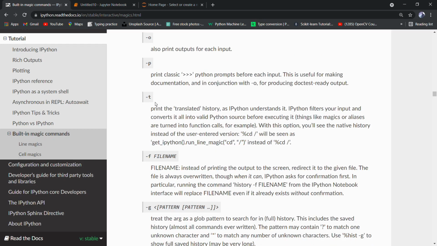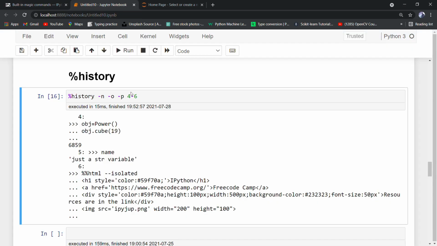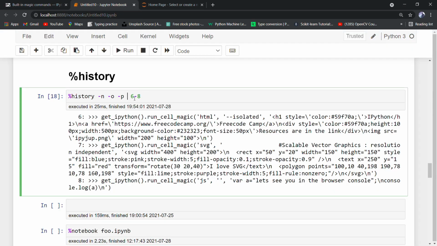And then comes the -t, print the translated history as IPython understands it. IPython filters your input and converts it all into valid Python source before executing it. Things like magics or aliases are turned into function calls, for example. So let's use -t.